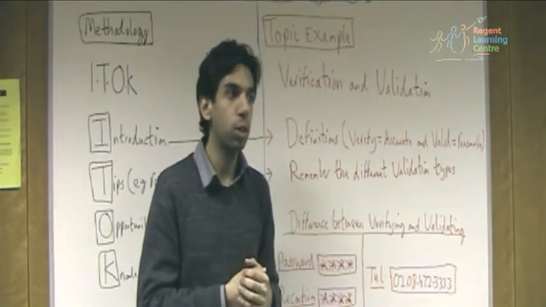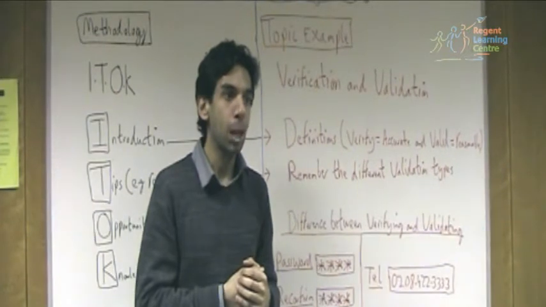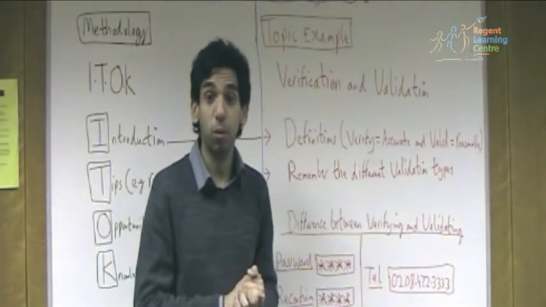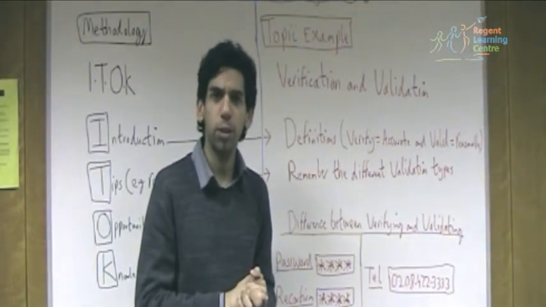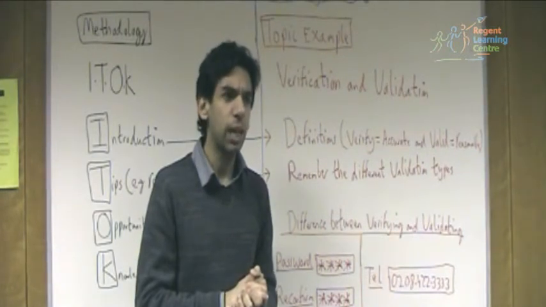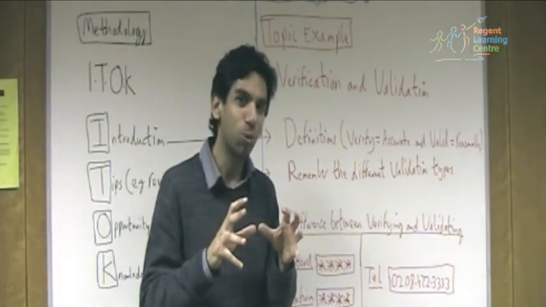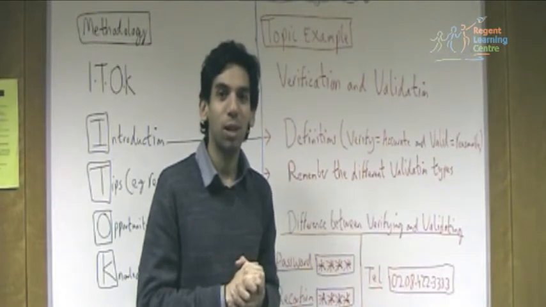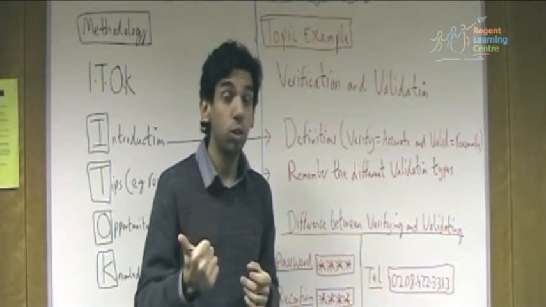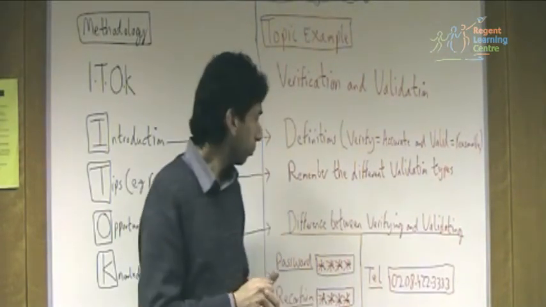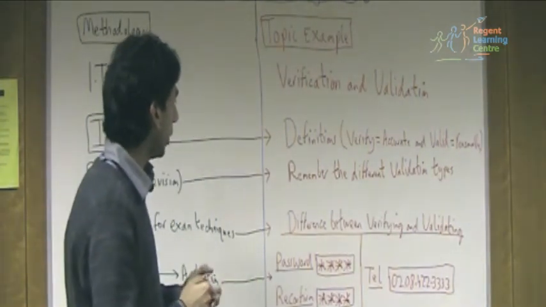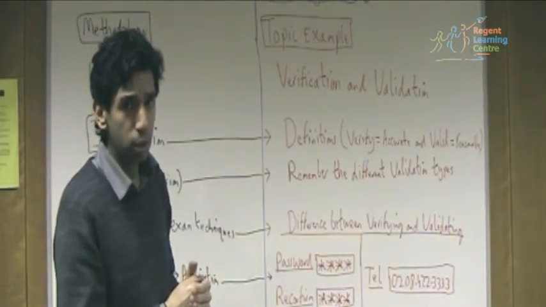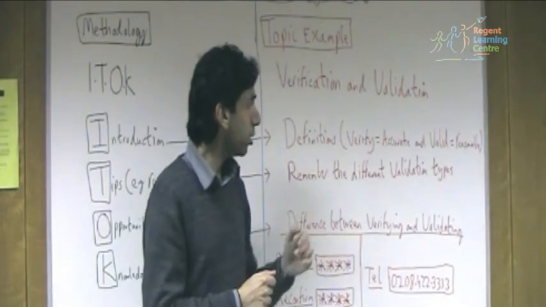For example, on an online form, you're buying something from Amazon, and you're signing up for the first time. Obviously, in the background, there's certain validation rules set up to make sure that the data you enter is either reasonable or accurate. So that's definitions in this case. So to summarize, verification is